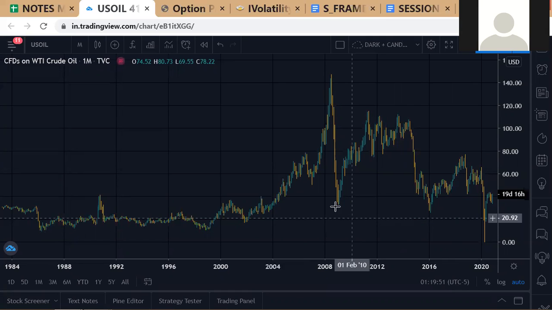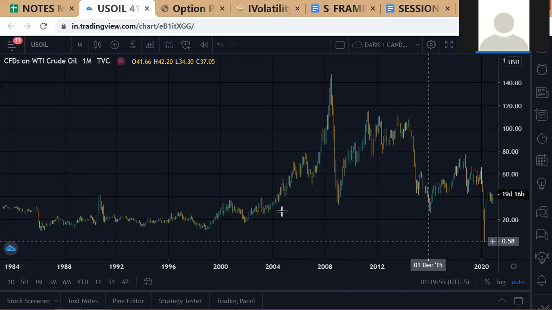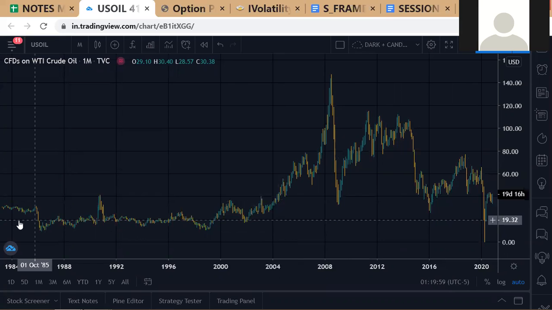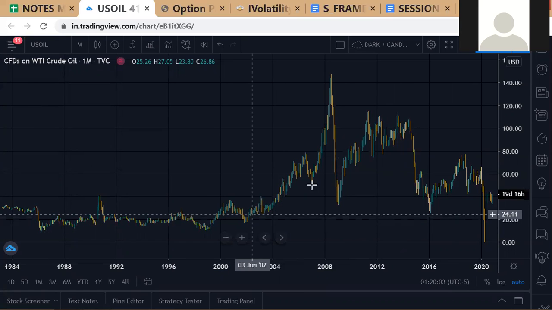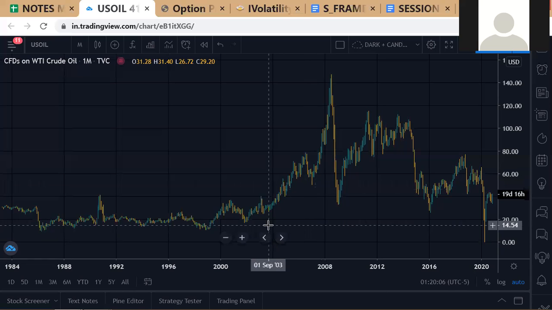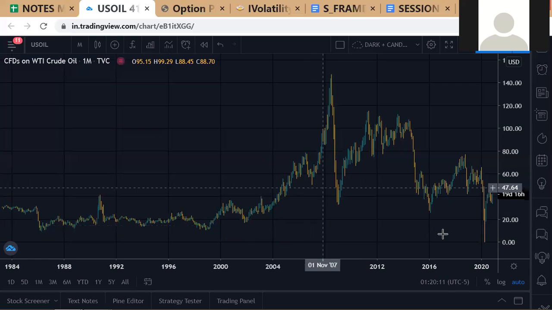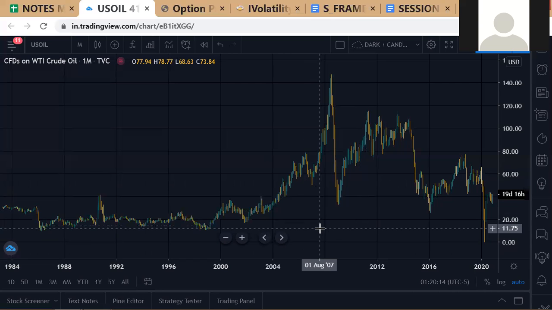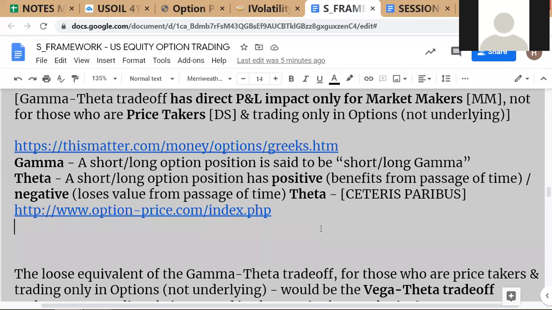So long gamma essentially means that if there is dramatic movement in the price, you will benefit if you're holding a long option position. And if there isn't that much dramatic movement, there will not be so much benefit. And for those who are holding short option positions, because they will have short gamma, they will get badly hurt in this kind of a situation as compared to this. So that's basically how you should understand gamma at this point, in a very simple, intuitive kind of way. Okay. So we can write it this way, that